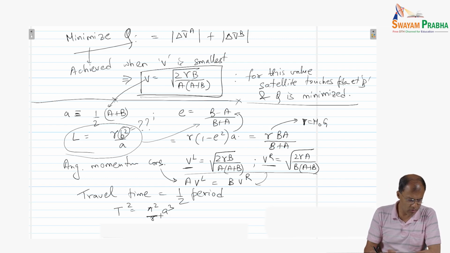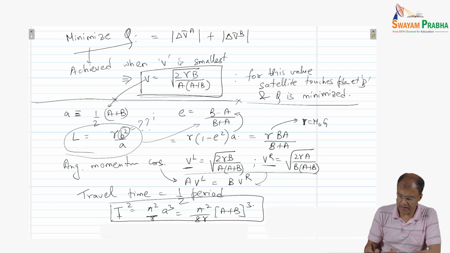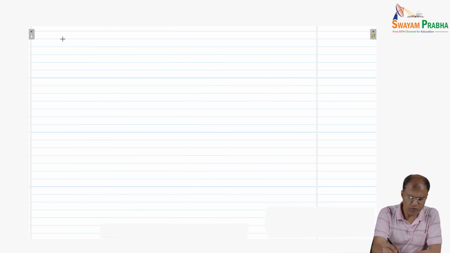So this is going to be pi square by 8 gamma times (a plus b) whole cube, right? So this is my total time taken by the satellite. Okay, so what have we got here? So finally,